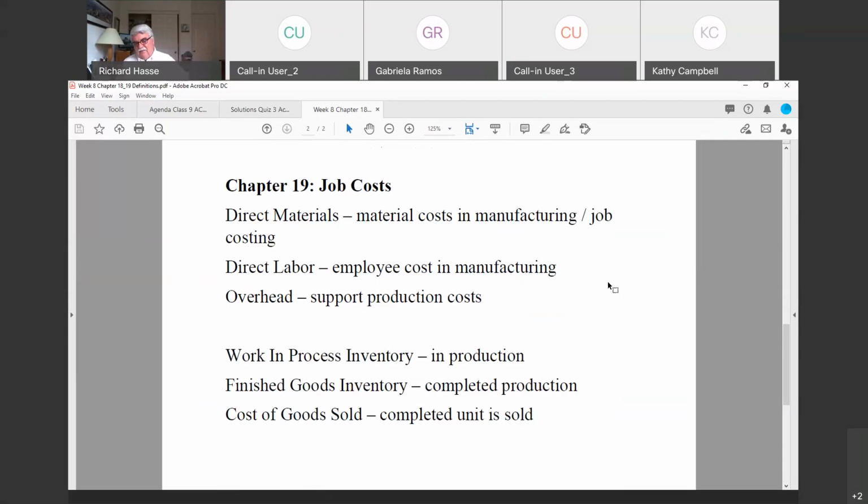And in chapter 19, we assign them to various jobs, assign them to a cost center. A lot of you work in companies where you work in a department of the company. That department could be a revenue generator, but it also could be a support department like HR, like accounting. And the cost of running that department, the company keeps track of.